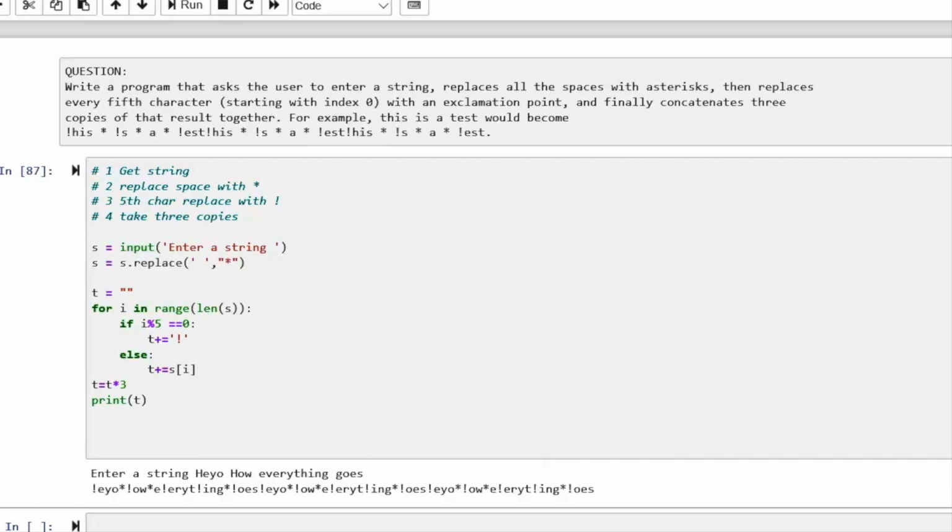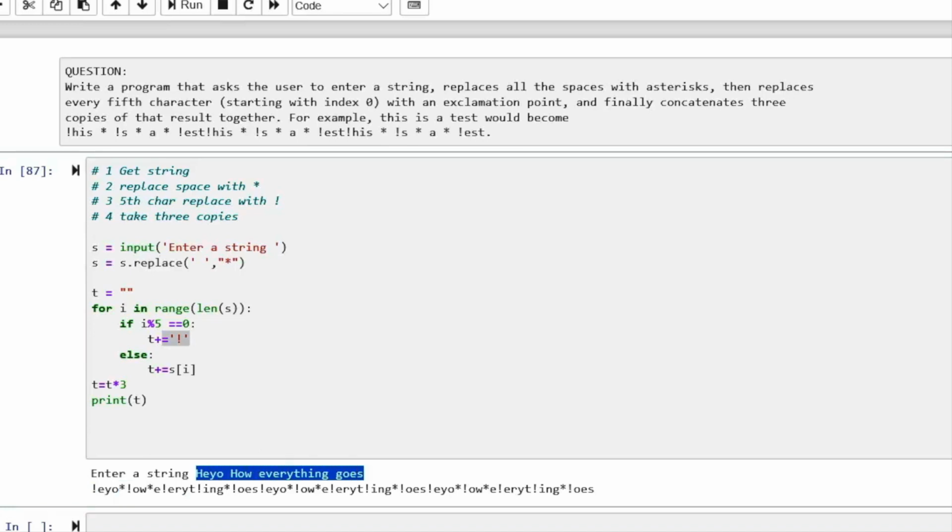Okay, as you can see, the process has been applied to the string we gave here. First the asterisks replaced the spaces, and after that the exclamation marks have been replaced in,